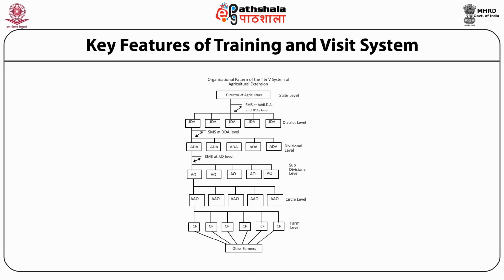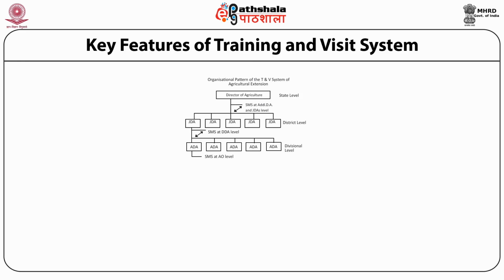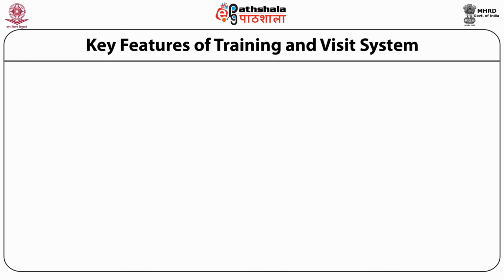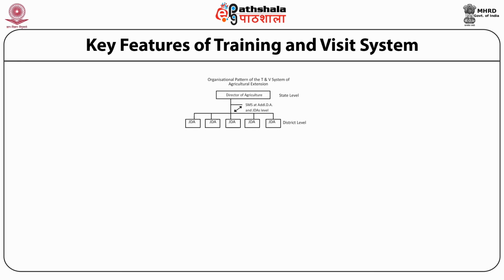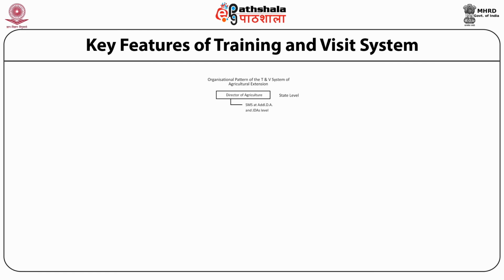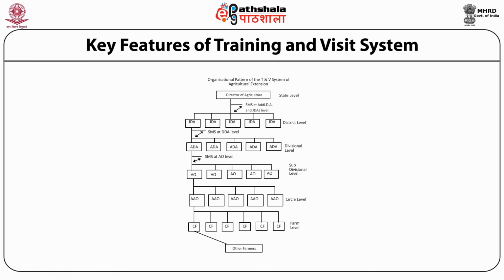VLWs are the primary level link between the community and the administration. VLWs have a cycle of visits to their target areas for 14 days. And on the 15th day, they have to report to the headquarters for the training program. Again, on the 16th day, they will begin with the field visit of the respective area. This is how the grassroots people are taken care of for their information needs.